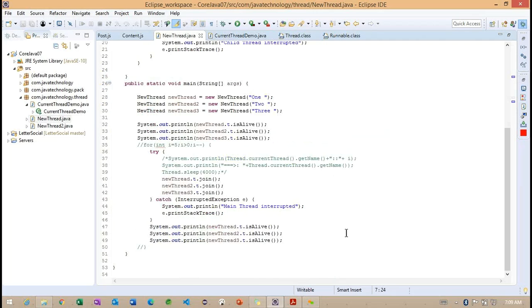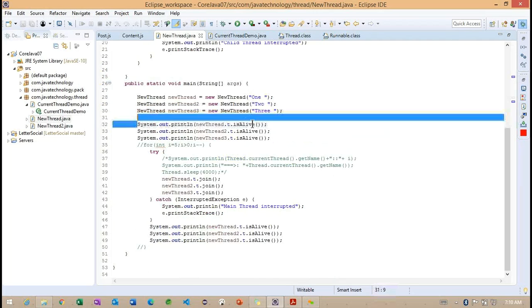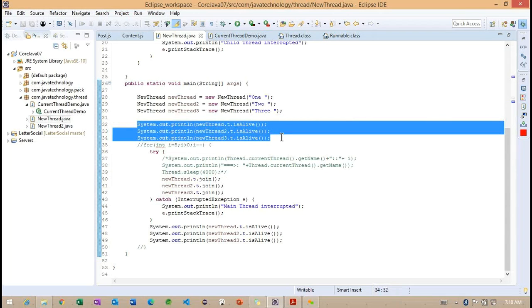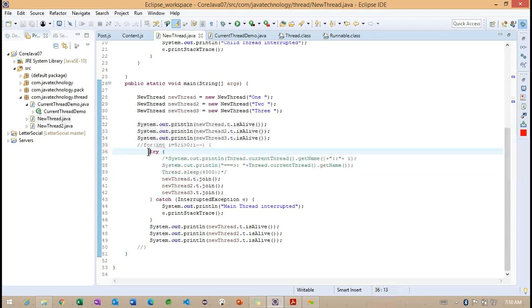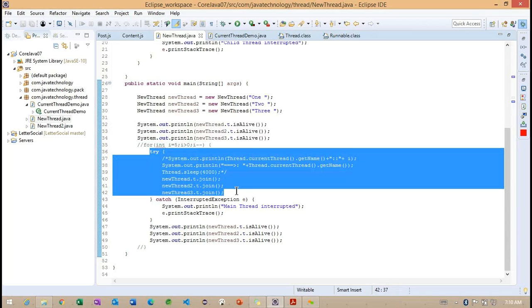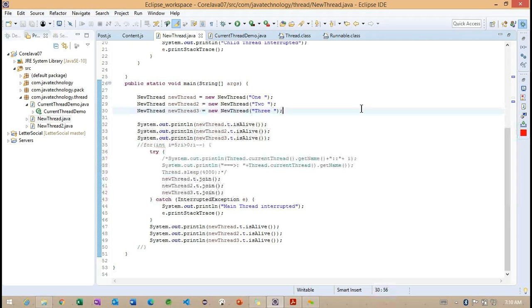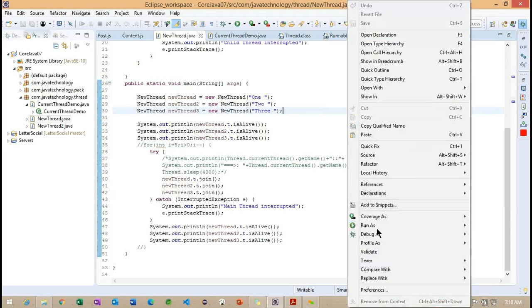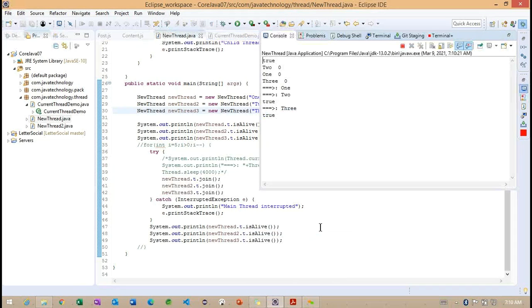Now observe carefully: these methods are executed by the main thread. After that, we try to make the current thread stop. This is the way we get the output here.